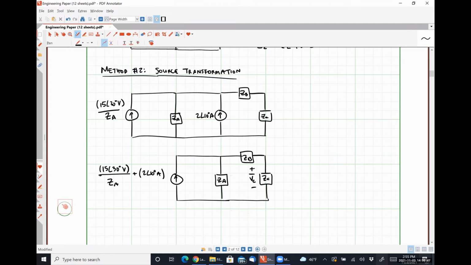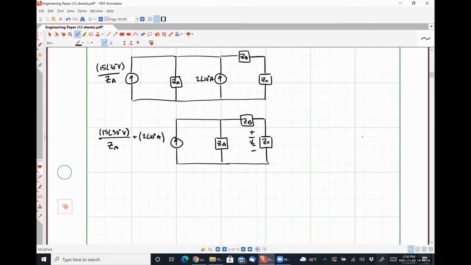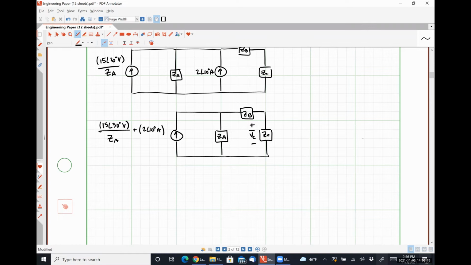All right, so which one do you guys care to pursue? Pardon, Justin? Yeah. So since I'm calling this a source transformation method, let's do another source transformation. All right. So we would obviously multiply that whole current by ZA. So we're going to wind up having a voltage source here